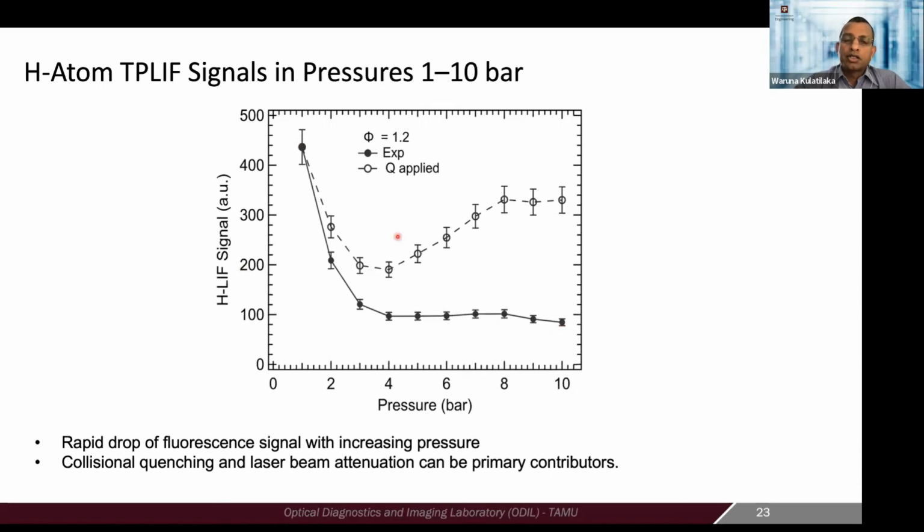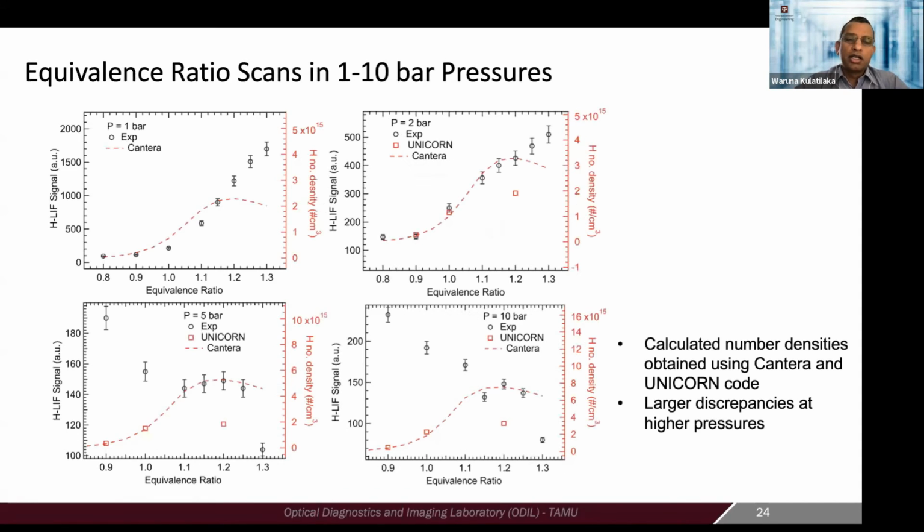So you can apply the quenching corrections, which will take the signal back. In this particular flame, we can model the flame, and then we can get the collision quenching partners and the temperature profile from the calculations. You can use that for quenching correction, but the signal still does not go linearly with the pressure because of signal absorption, laser beam trapping, and other things which need to be taken into account, which is always a challenge in quantitative measurements in these kinds of environments.